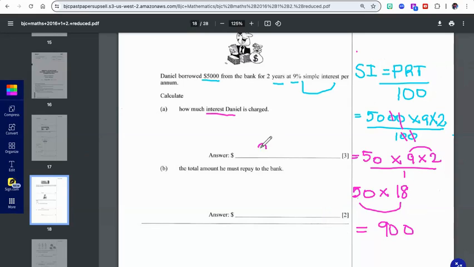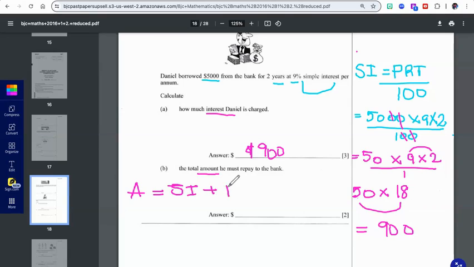He is charged $900 interest. $900. Now, the amount is the interest. Take this down. Amount is equal to, I'll put simple interest,